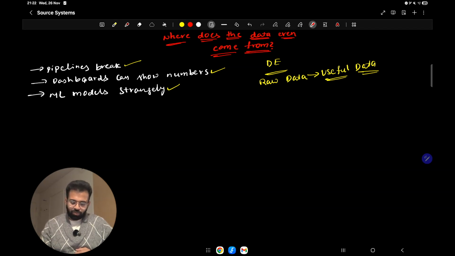If all these things are happening, then this is basically a dilemma. We won't be able to easily make useful data that can be used by business people. So we don't want to end up in that kind of situation. That's why we should spend time and energy understanding where the data even comes from, and what the nature and characteristics of that data are.